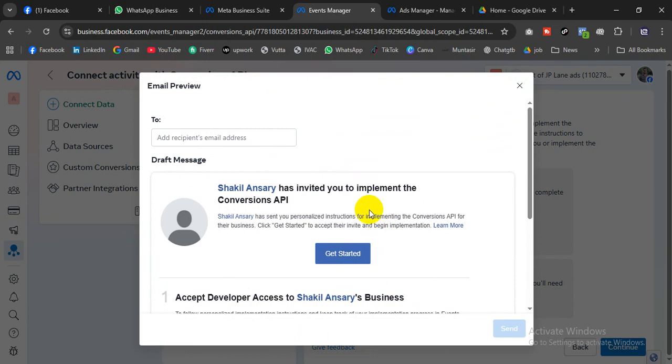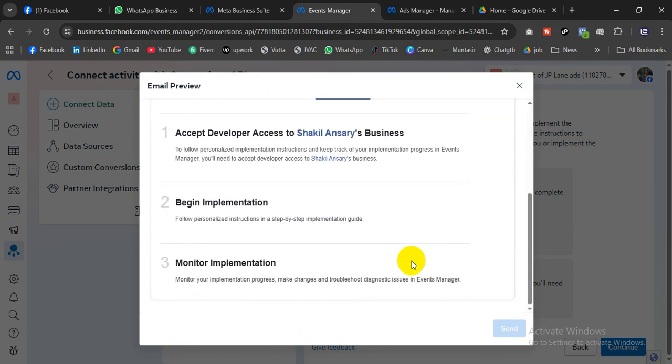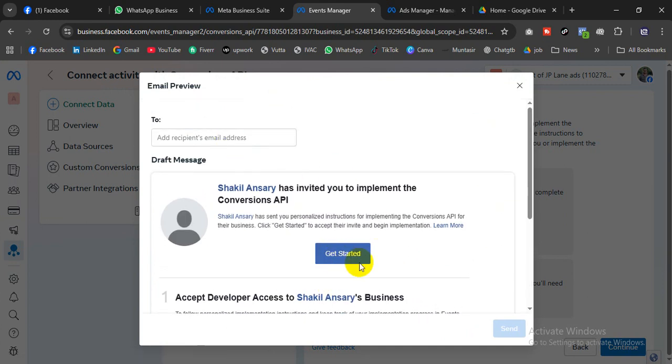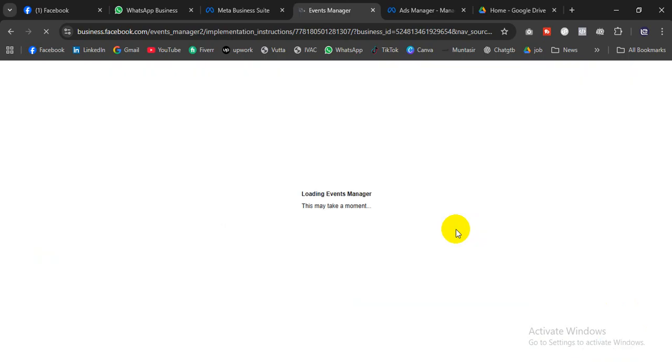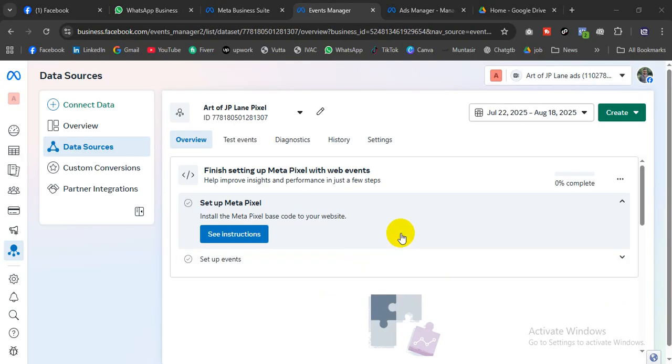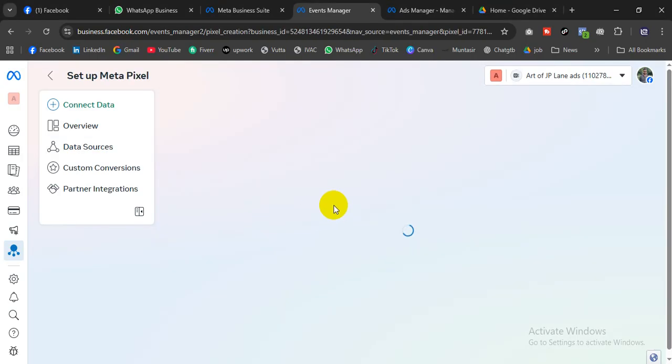Okay, then continue. And the same instruction, click there.